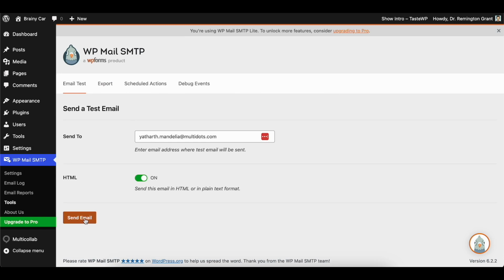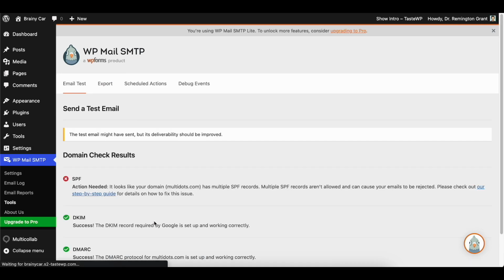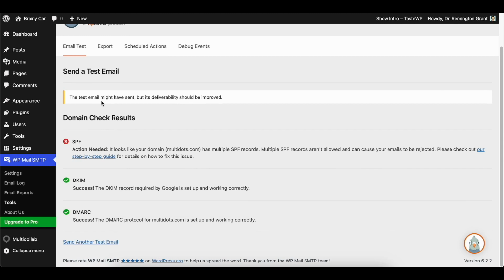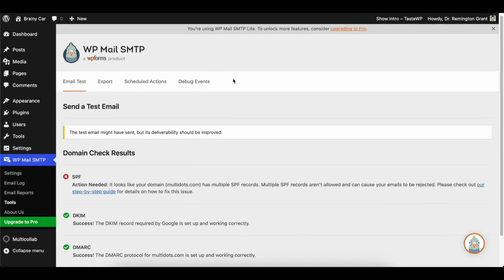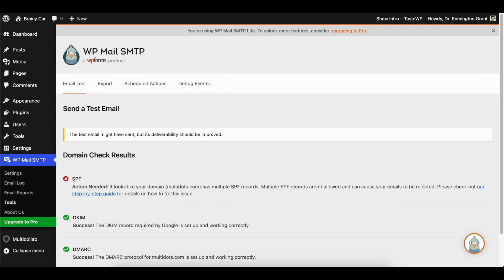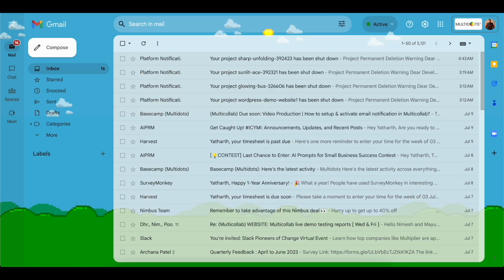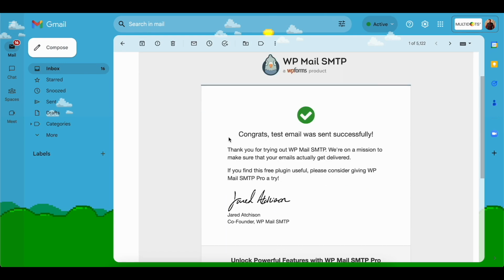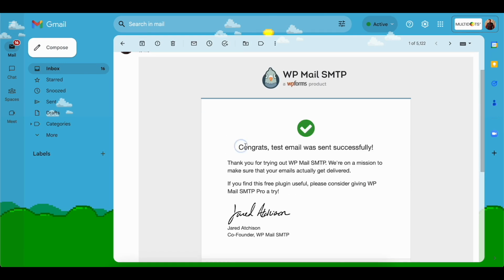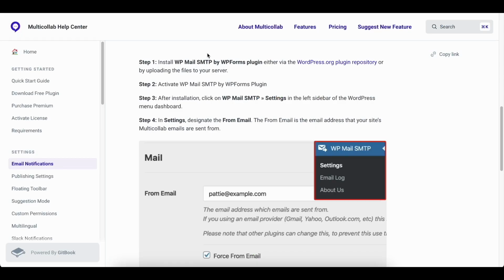If we click on send email, it will show us this: the test email might have been sent, but its deliverability should be improved. Now in order to check if our SMTP server is set up successfully and we are able to receive email notifications through Gmail, if we check our Gmail, we'll receive this test mail. So our SMTP server has been successfully set up here,